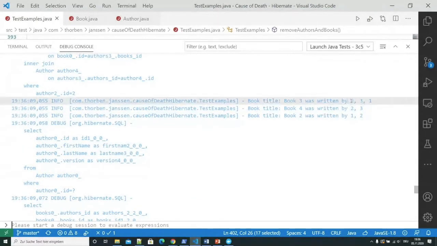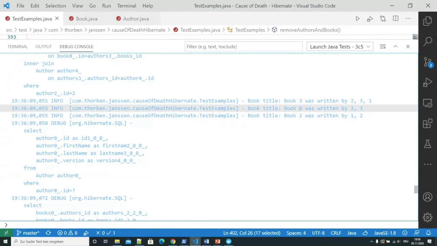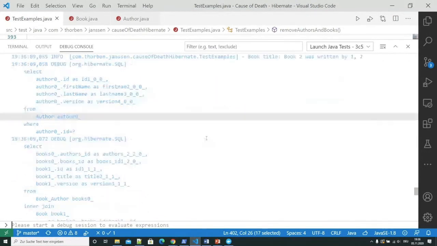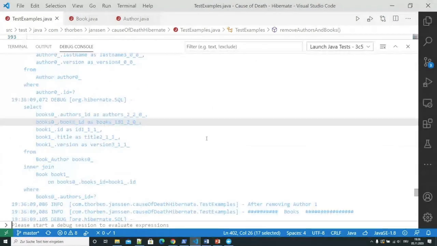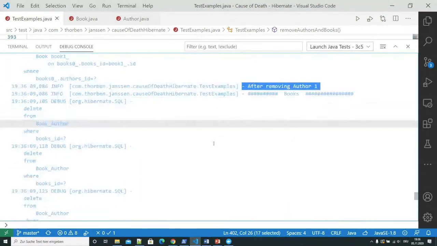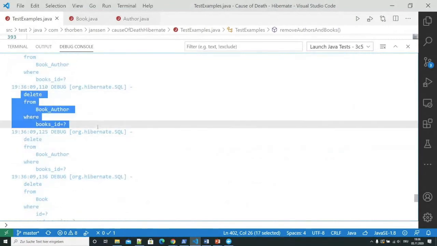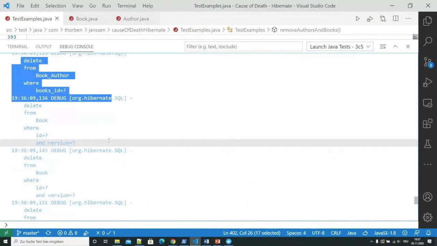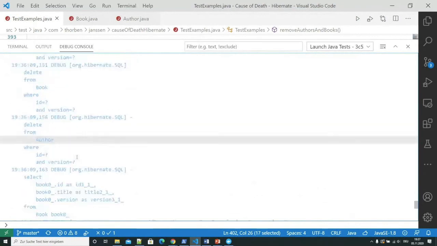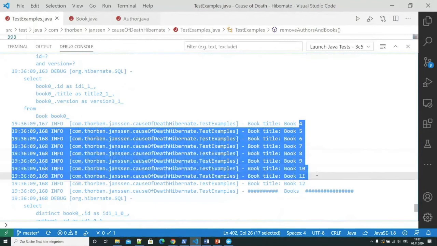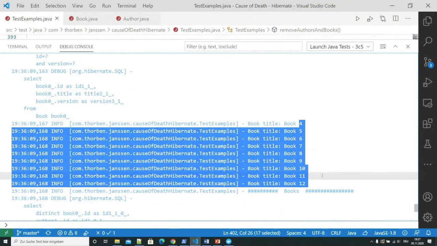And author 2 wrote book 2, 3, and 4. And now we remove author 1, and we can see here that we remove a record from the book author, another record from the book author, and another one. And then we remove 3 books. And afterwards, we see we only have book 4 till 12 in our database. We removed book 1, 2, and 3.